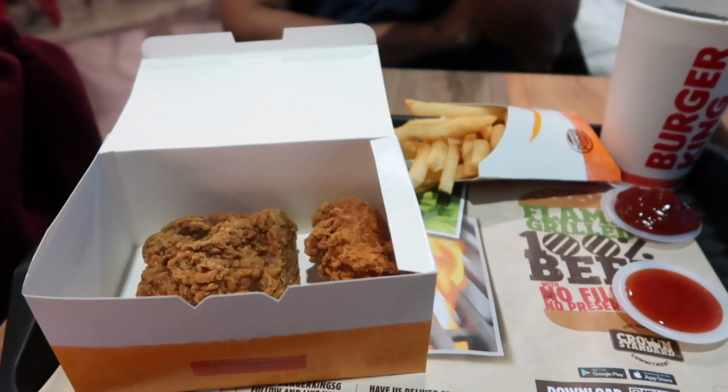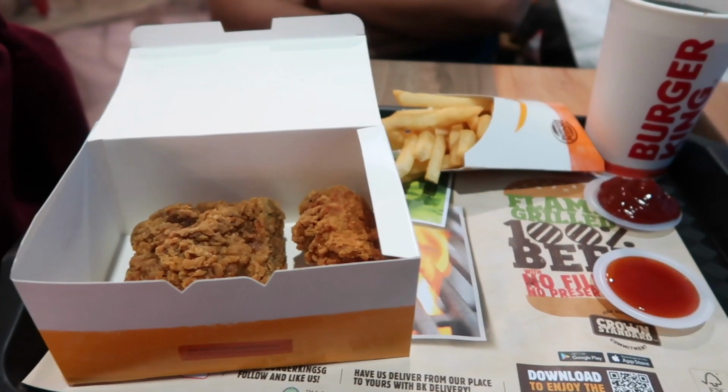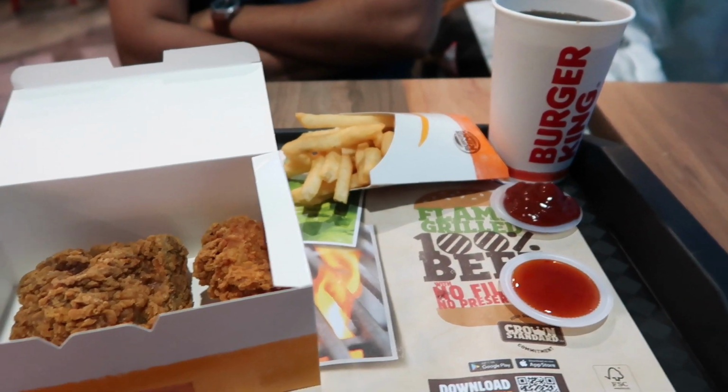check this out. So our last dinner in Singapore, we had some chicken at Burger King and called it a